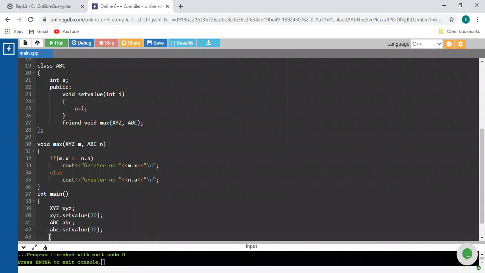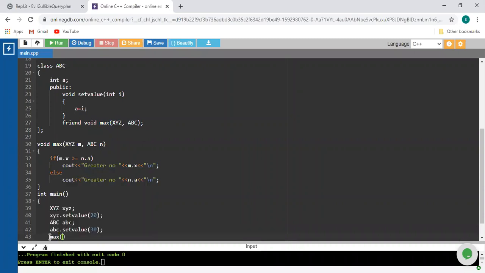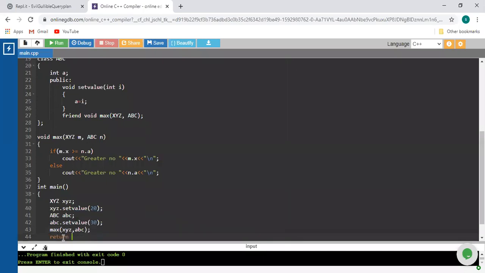Now we have to call that friend function max. Which parameters are we going to pass for this max? For this particular max we are using the objects of both the classes, small xyz comma small abc, the objects of both the classes, and return 0.